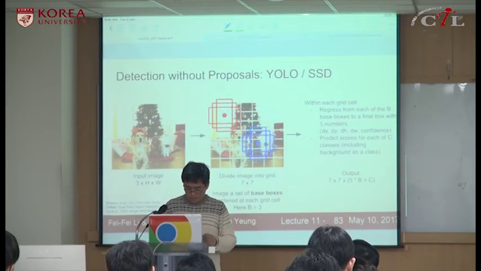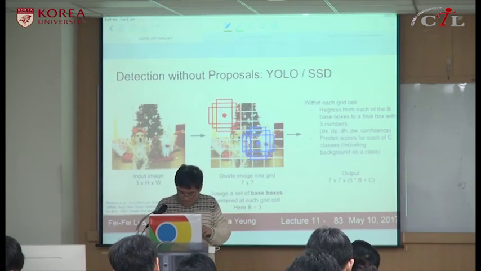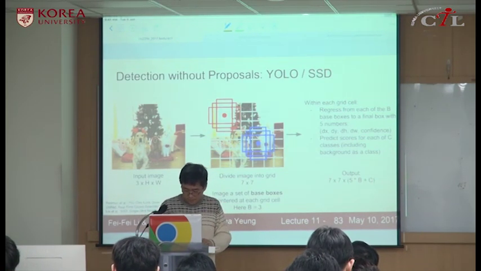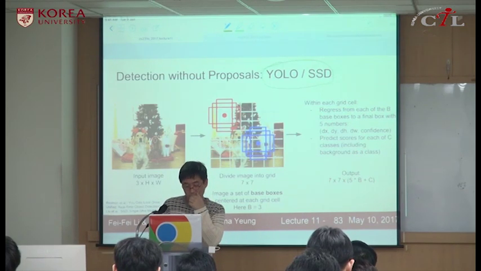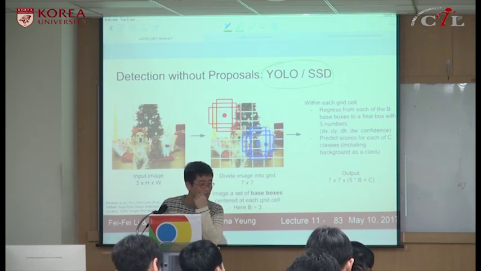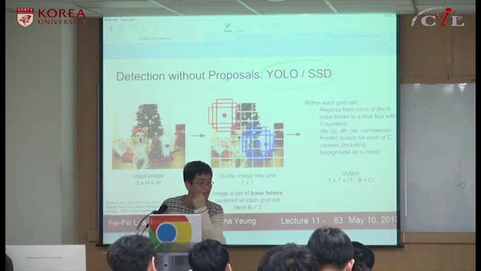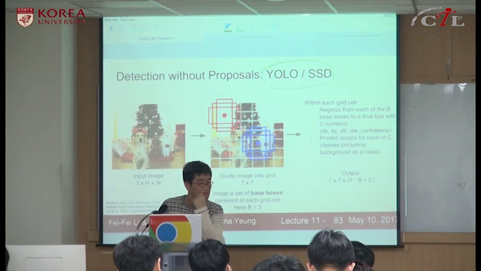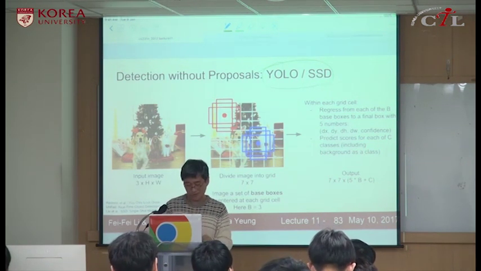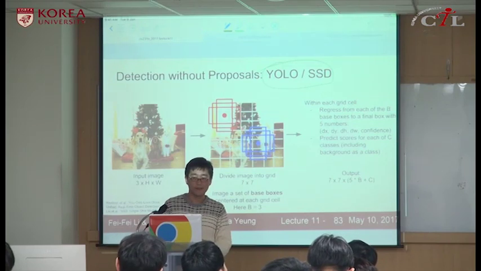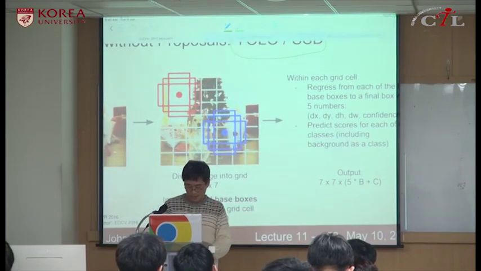And then, so here, what's the main difference of YOLO and SSD against Faster RCNN, the precursor or predecessor? So what's the main difference of YOLO or SSD? So the main difference is that